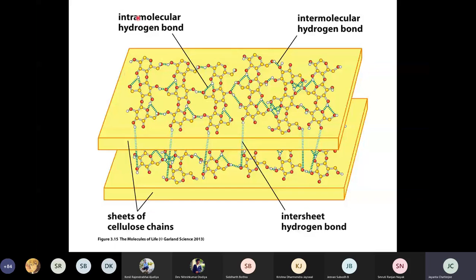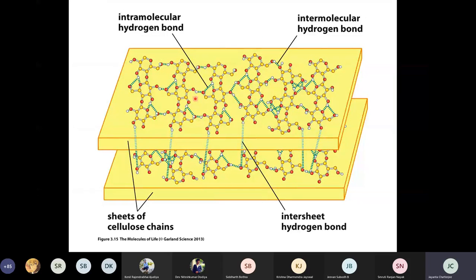intermolecular hydrogen bonds. So for example, you see one linear chain is non-covalently attached to another linear chain via the formation of hydrogen bonds here, okay? So here, for example, this one is an intermolecular hydrogen bond, and you have intramolecular hydrogen bonds like this one here, okay? So in one plane, multiple polymers of glucose, not polypeptides, are stabilized by the formation of intermolecular hydrogen